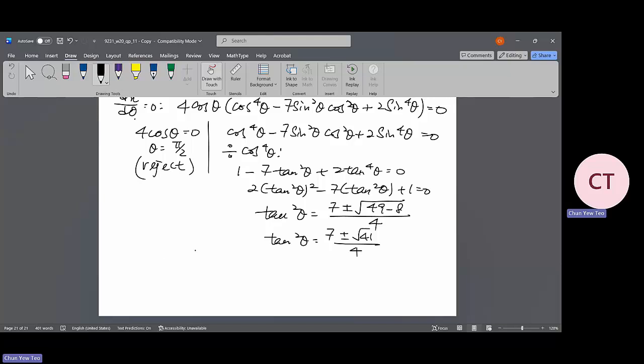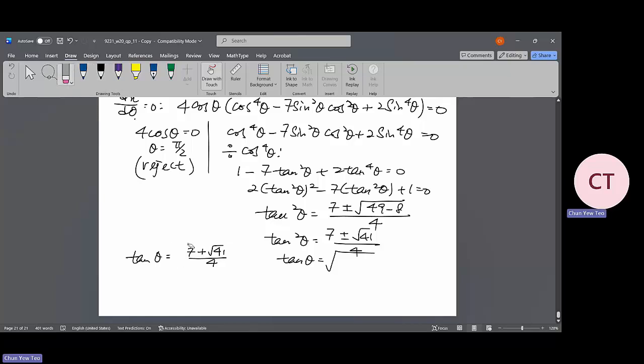Okay, so you need to split them. Tangent theta equal to the positive 7 plus this. And then tangent theta equals to the positive